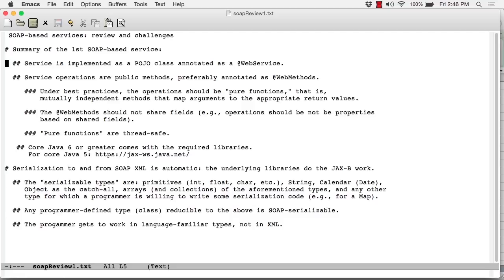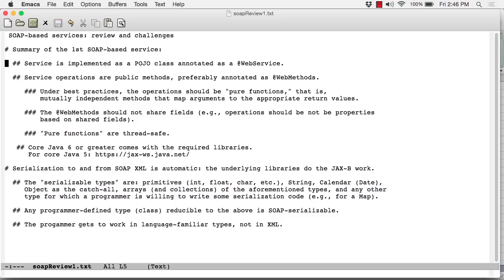In a production-grade SOAP-based service, you would, of course, have more operations, and they might be more complicated. For example, an operation might go against a database, access other web services. All of that is perfectly fine so long as there is no interdependence among the operations. So, for example, next1 shouldn't have to assume that nextn has already been called, or vice versa. Another nice feature of pure functions is that they're thread safe because they don't work on shared storage. A good sign that you have pure functions is that your web service doesn't have any fields that might be